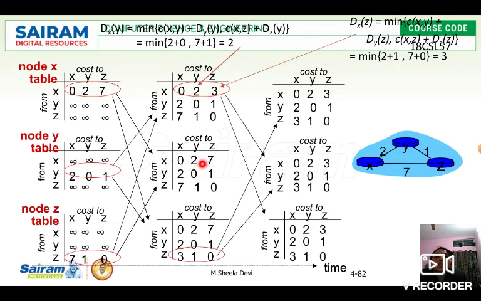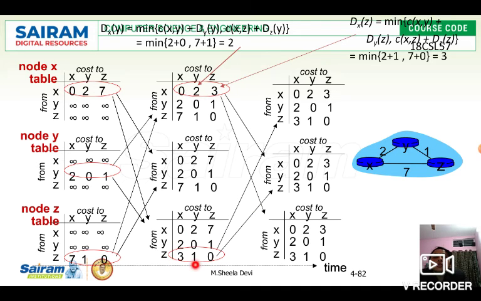Similarly, node y also will update the value 0 to 7 after the first iteration. After the first iteration, node y has entered this value. But once the value is changed during the second iteration, node x will give the updated information to node y, so it changes its value to 0 to 3 in the third iteration. Both the nodes update their information during the third iteration. Only during the second iteration it changes the value and gives the information to its own neighbors, that is y and z, and they are updating these values as 0 to 3.